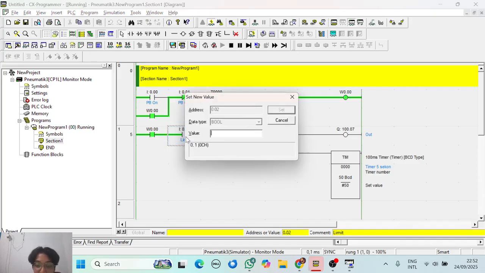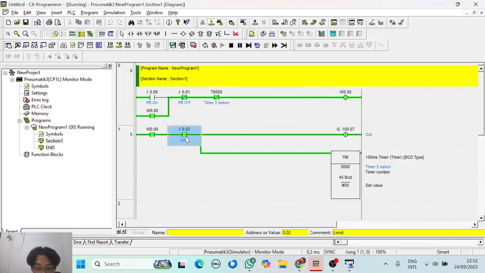We can add a value here. We can give 1 and make the system count until 5 seconds, and after 5 seconds that will make the system off.